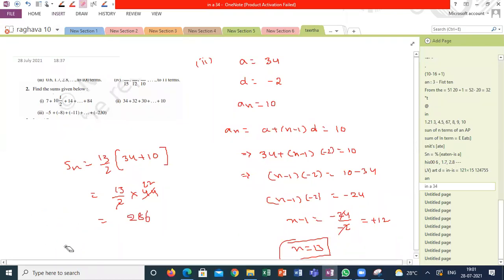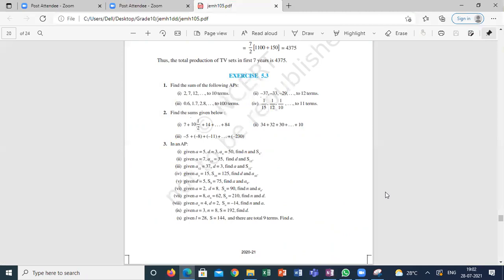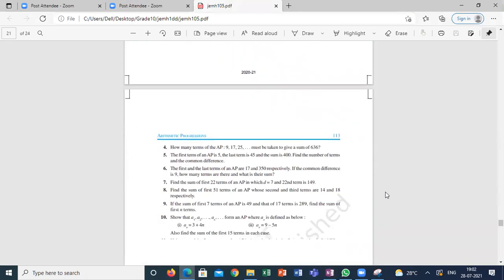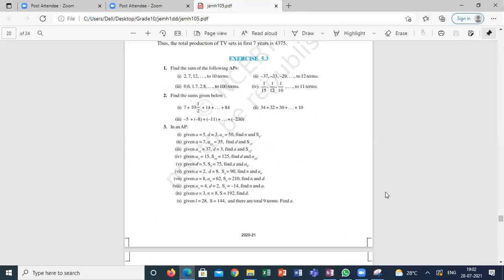So this is how we can use the SN formula. Even if you look into question number 3, all are related to the SN formula only. So please try to complete the second and third questions, and we'll meet on Friday class. I think the math class was scheduled on Friday. Apart from Friday, one more class I am planning to schedule. You will get an intimation from the center.